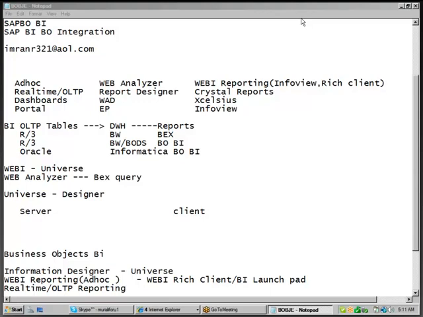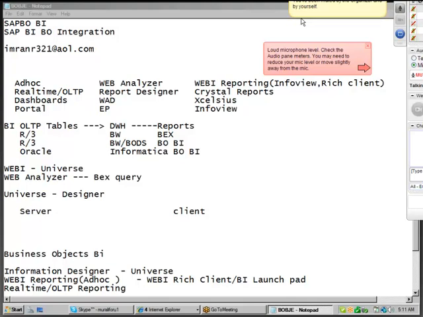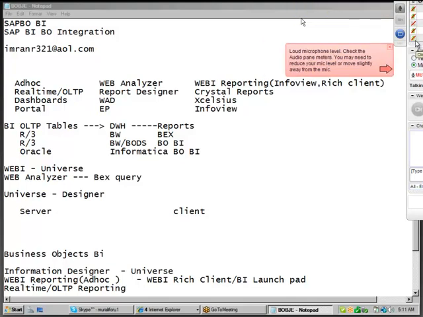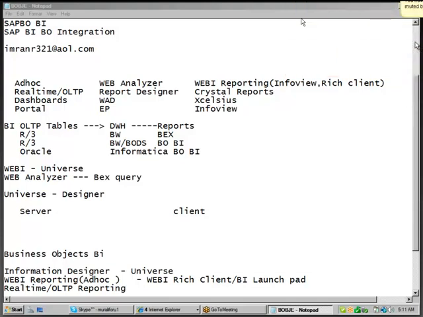But in the Crystal case, you need not create a universe. The reason is Crystal does not support hierarchies. Crystal can directly talk with any database. For example, there is an Oracle database. If you want to create a WebI report, the very first step is you need to use Information Designer and create a universe, then create a WebI report on top of the universe.